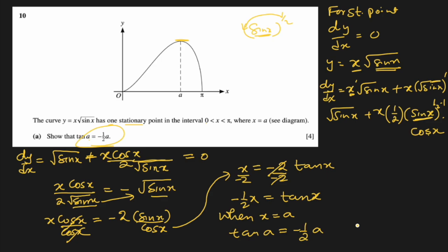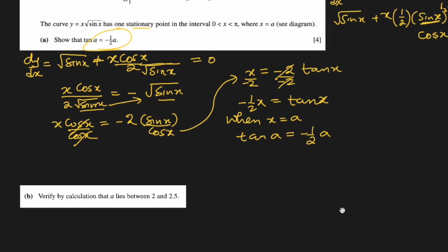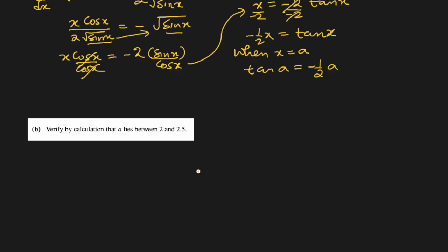Let's go to the next one, where they say verify by calculation that a lies between 2 and 2.5. The solution of this equation lies between 2 and 2.5. Whenever we have such a situation, always do what? Put all of them to one side. So tan a plus half a equal to 0. That means if both of them are on one side, they should be equal to 0 to get the value of a. But 2 and 2.5 are not the values of a, so if we substitute 2 and 2.5, we will not get it equal to 0. So let's see when a